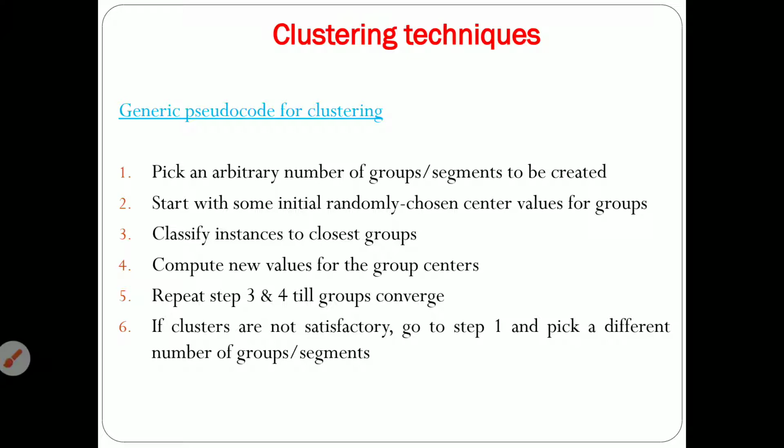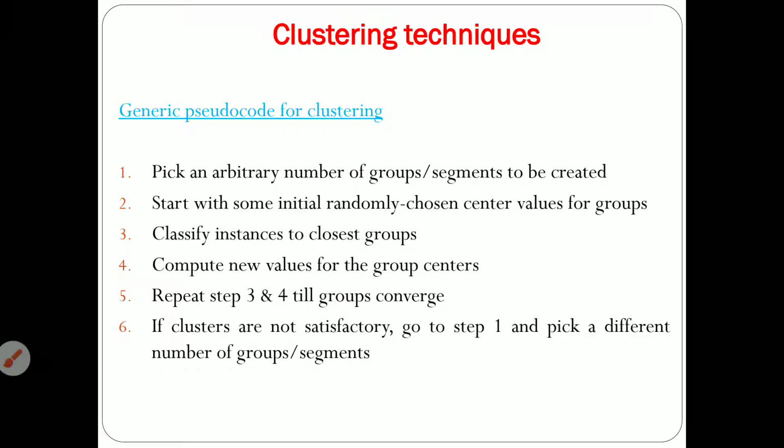Before going to this pseudocode, first check whether the intercluster distance is maximized, as well as the intra-cluster distance. First you check that the intercluster distance is maximum, and later you check that the intra-cluster distance is minimum. After checking these two distances, you can go through this pseudocode. First, with the help of segmentation, you create the clusters, the groups of clusters, so a number of clusters.